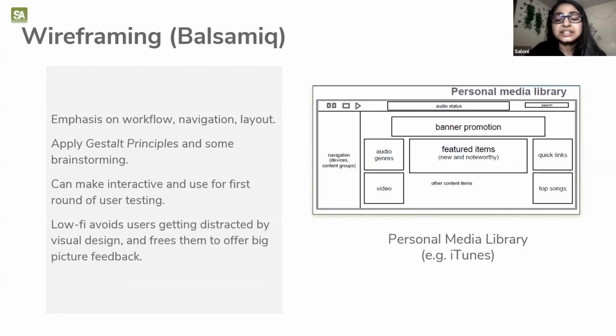On the right side, as you see, it's done in Balsamiq. It's software, and usually we use it for wireframing. It gives you a general layout and idea of how your website or any application on your phone might look. So here's a personal media library, for example, iTunes. This layout shows you, if you ever remember how the iTunes library looks, there's